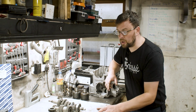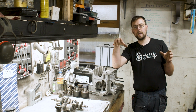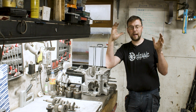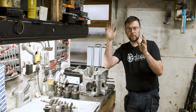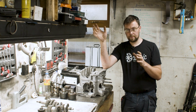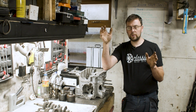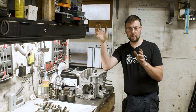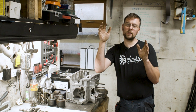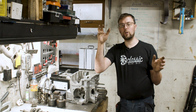So as you start to tune and increase the performance of an engine, generally speaking, what you do is you narrow the torque spread and you tend to bring it up the rev range. You want a gear kit that can match the performance the engine wants to put out. So if your engine, say, only revs between 2000 and 6000 RPM, then you may well need a situation where you can change your gear kit to give you, between each gear change, make sure you're in that sweet spot,